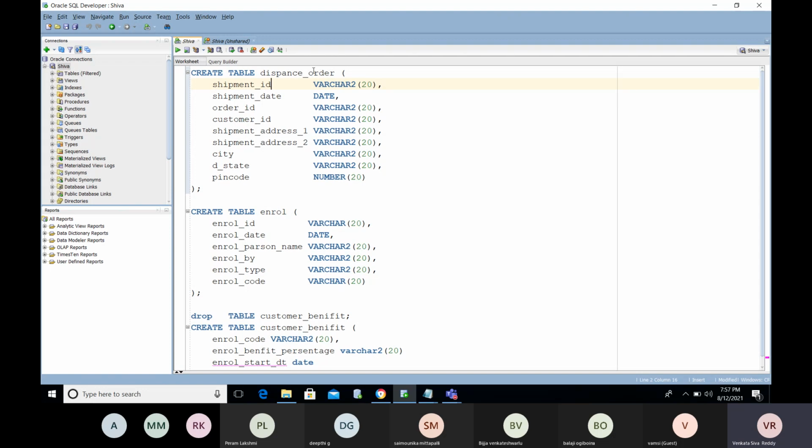The order is placed by which customer, and the order is delivered to which address. These all need to be maintained in some place, right? This is the use of the dispense order table.